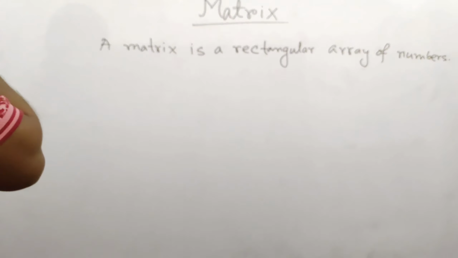So here this is called a row of the matrix, and vertically, this is called a column of this matrix. So this is column and this is row. That means horizontal is the row of this matrix and vertical is the column of this matrix. So this is so important, the row and column of a matrix. Okay, so this is the basic idea about this matrix. Now I'll show some different types of matrix.